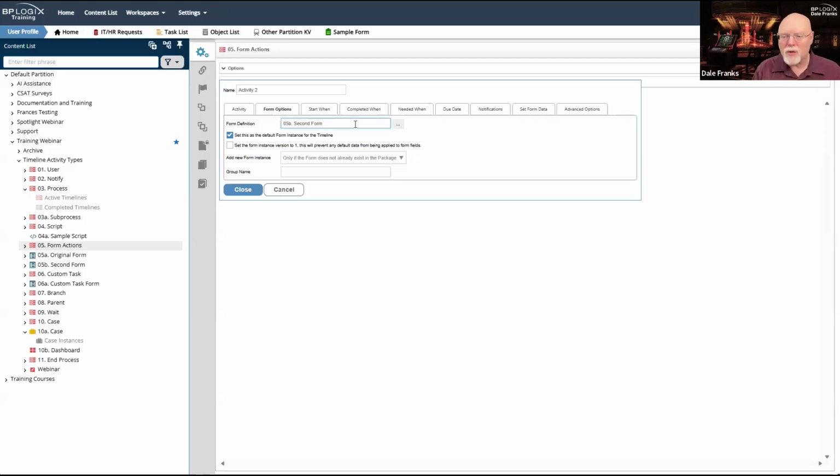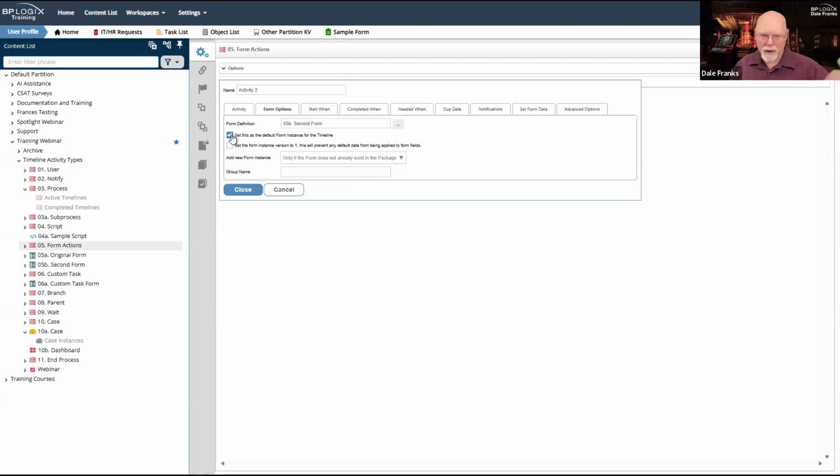There's a whole bunch of reasons why you might want to use multiple forms. I have the choice. The default is, if I run this activity and I choose second form, to set that form as the default form instance for the timeline. It's the default because we think in most cases that is what you want to do.